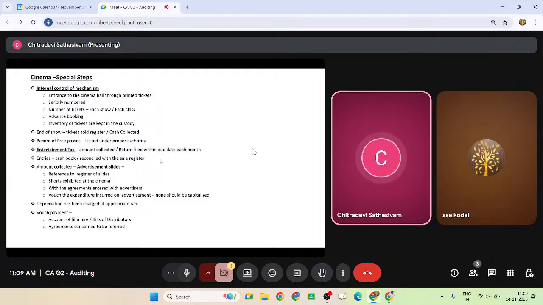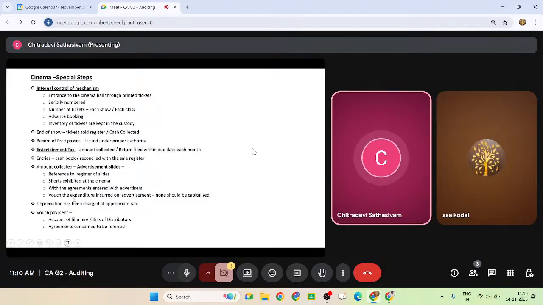Projector is the most important, highest capex item. And then the next one is the building, the theater building. Air conditioning units actually. So these are the major assets for the cinema business. Correct? So always think in that aspect and then bring out your points. Think that you are the owner of the cinema theatre. Think that you are operating the business. Think that you are doing the accounting. And then you have to think that, okay, how the audit will be carried out. Unless you get inside the shoes, you will not be able to recall all these points.